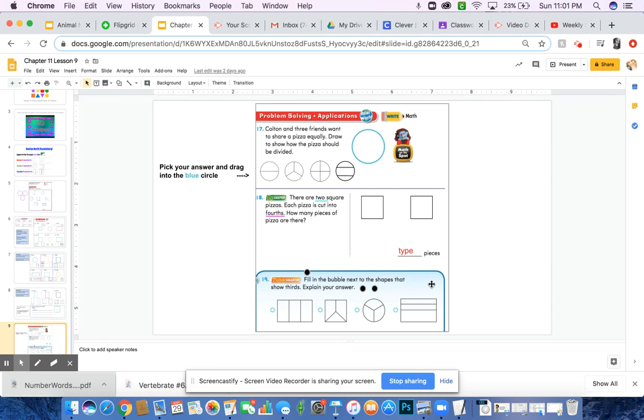And then the last one you're going to do is fill in the bubble next to the shapes that show thirds. It does say explain your answer. Don't worry about explaining, but you're just going to be dragging these over to the shapes that show thirds,